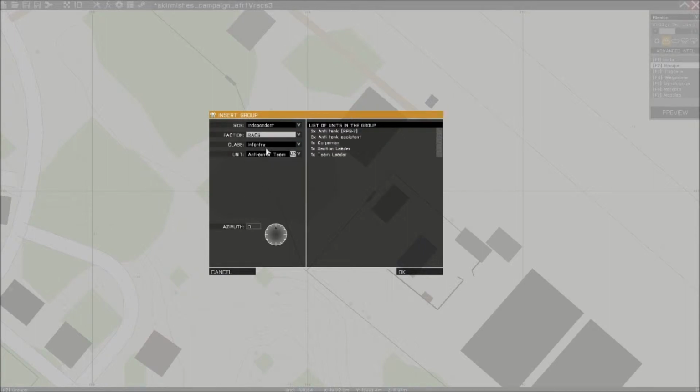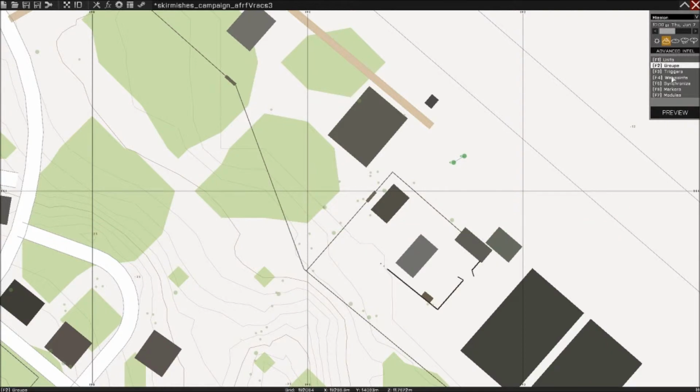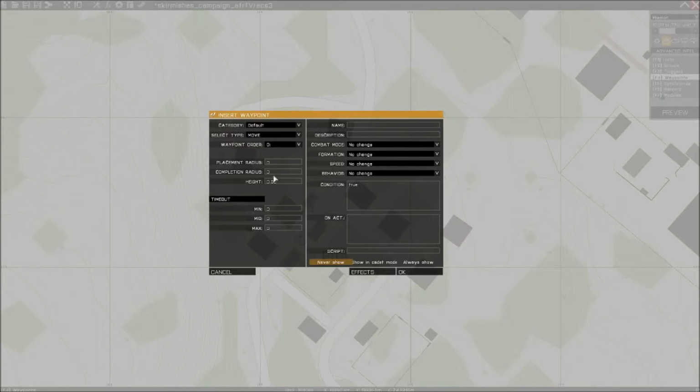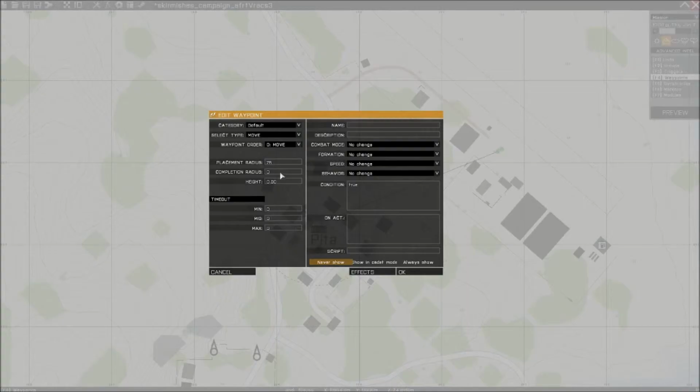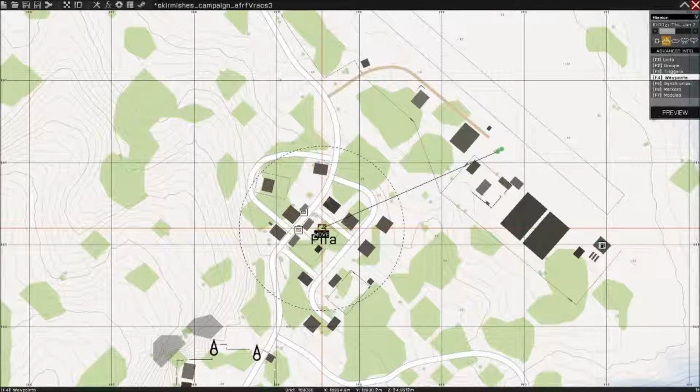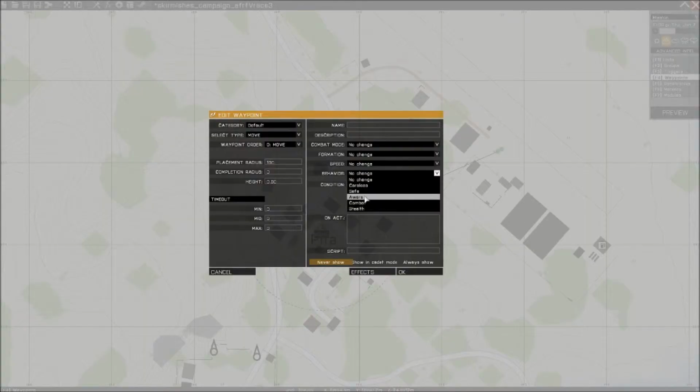Now the difficulty with patrols is sometimes they're not random. Here's a good way to make a random patrol, or semi-random patrol. All you need is a patrol group, the group that's going to patrol, and a starting waypoint, and a couple of waypoints that have a placement radius. Now, I know I've talked about waypoints and the waypoint GUI and the placement and completion radius in another video,